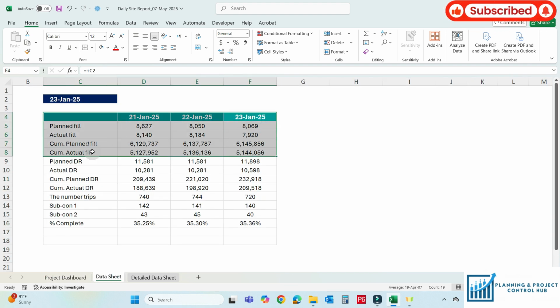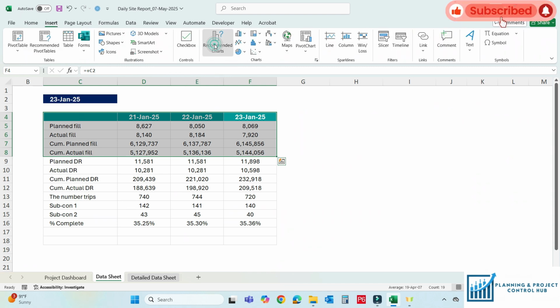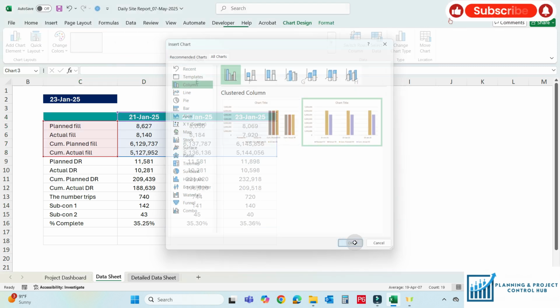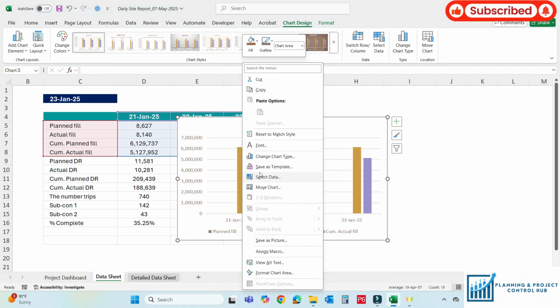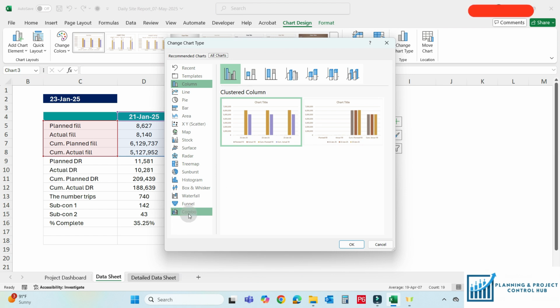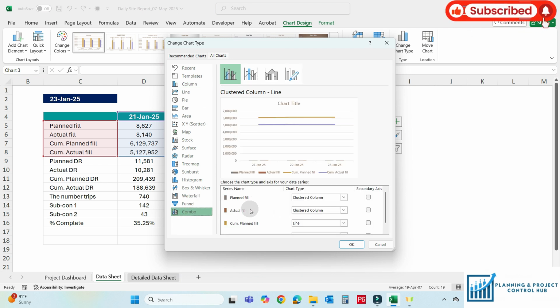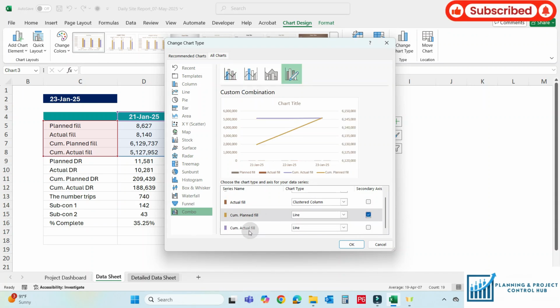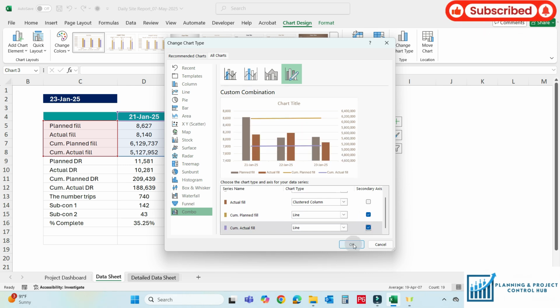The first we will take for the fill. Go to the insert from here, all charts, you can use this one. Now modify it, change the chart type, combo, come here and make it fill trusted column and make this the secondary one, and also the cumulative actual fill, make it secondary. Now okay,